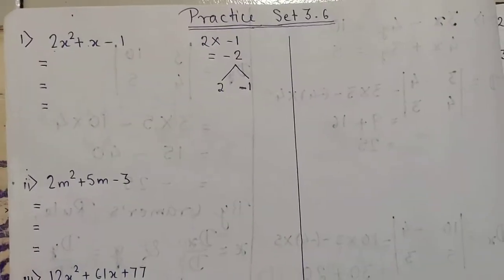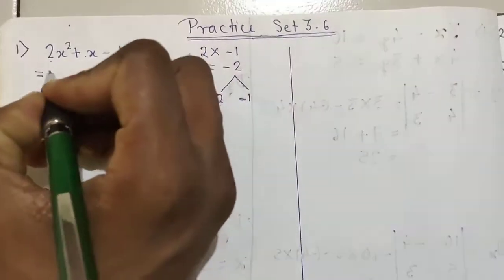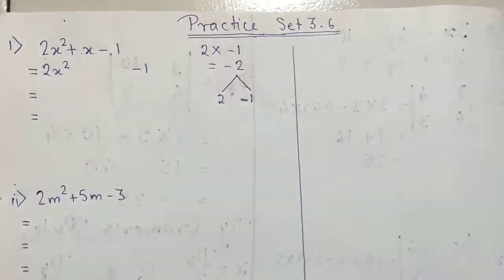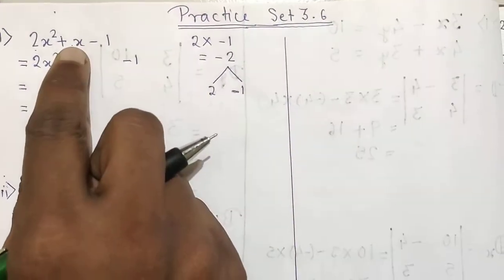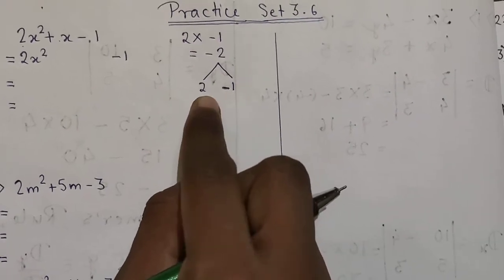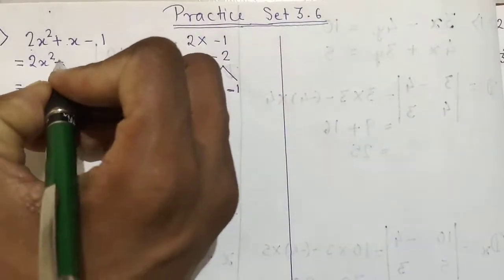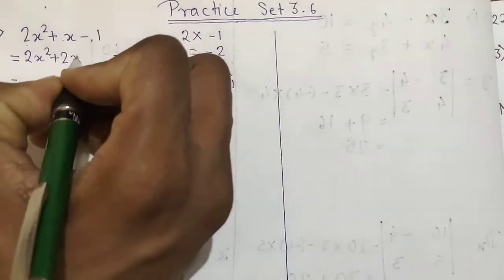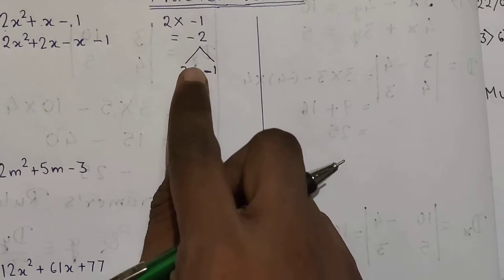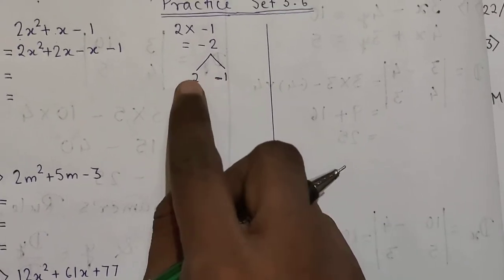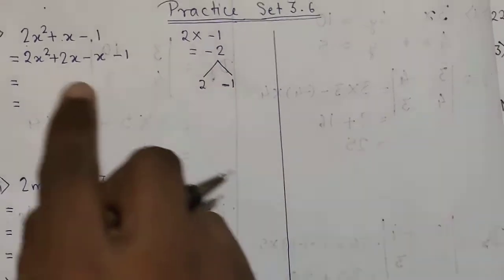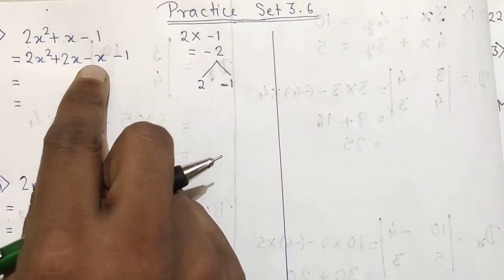Now let us simplify this. Keep your first term and last term as it is. Now, instead of writing the middle term, you are going to write this. What is here? 2 minus 1. So, this is plus 2x and minus 1x. Okay, what I have done? I have written x after these numbers. So, what we are going to write? Plus 2x and minus 1x. So, that is what I have written here.